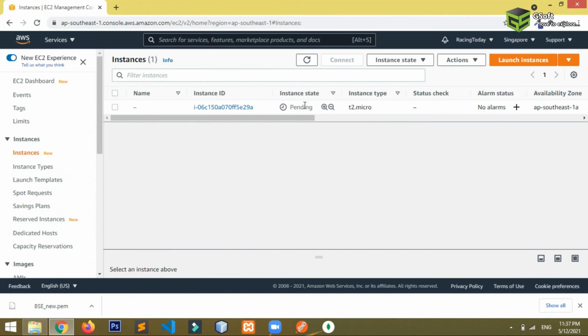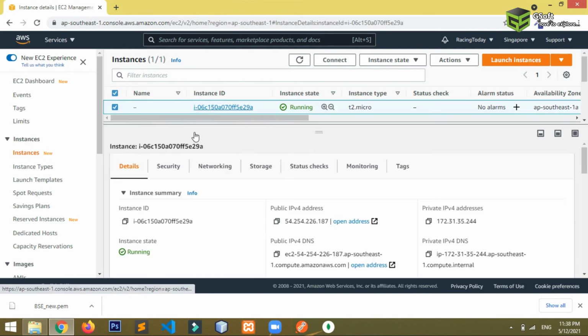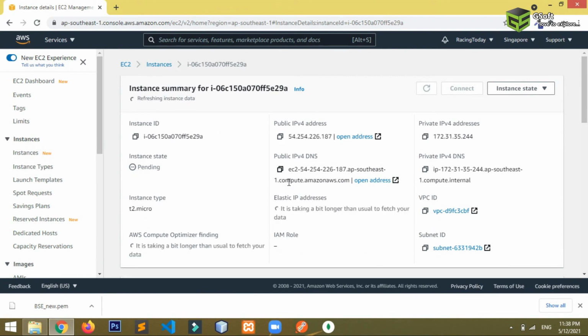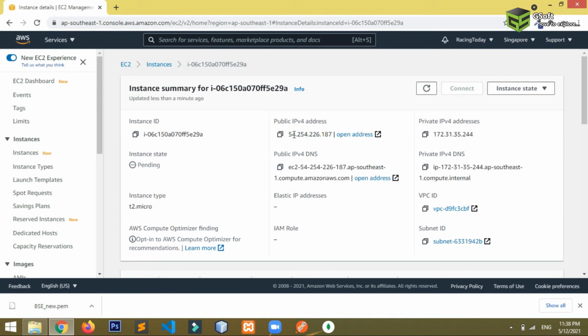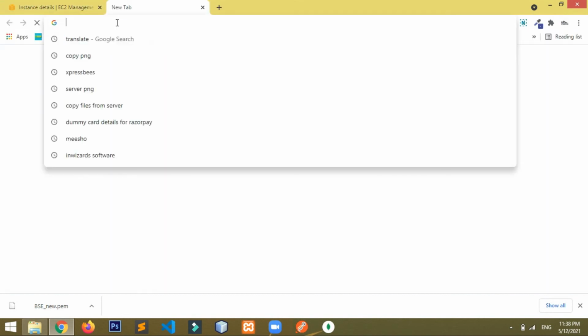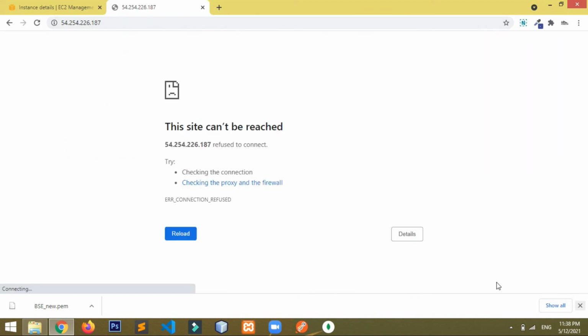You can see the status is right now pending. You will have to wait for a few seconds or a few minutes, and you will be able to see it's running now. So guys, once you can see the instance is running, you just select it, and once you select your instance, you will be able to see the IP and all those things. I'll just copy this because I will require it to set up the server. This is my fresh server now, and if I want to open this server here, it will show nothing because it is right now a blank server.